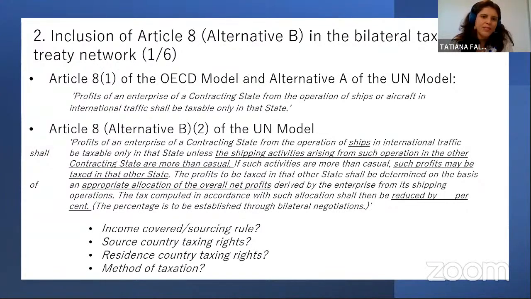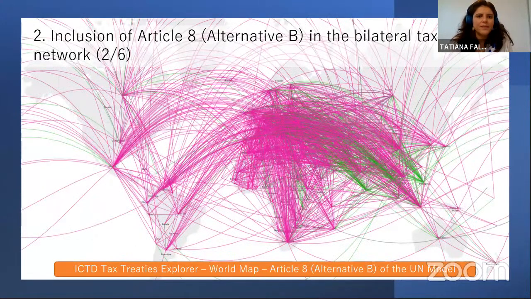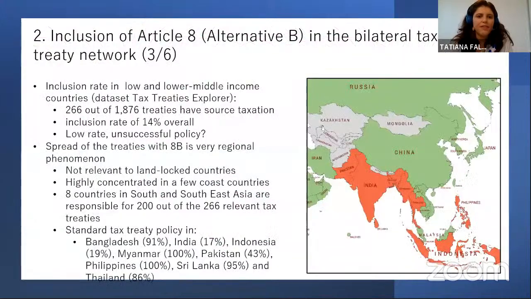So the next step is to see whether 8B has been embraced in treaty practice and by which countries and to what degree. For this analysis, we were lucky to have been able to rely on the ICTD Tax Treaties Explorer. Next slide, please. There are currently about 3,500 bilateral tax treaties in force. Our primary research showed that except for a handful of mostly terminated tax treaties,